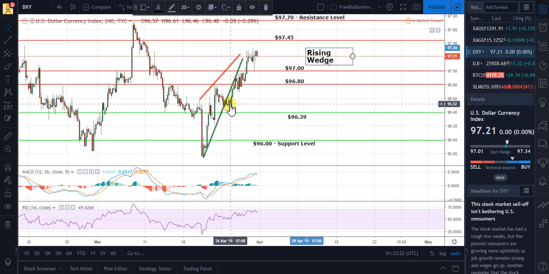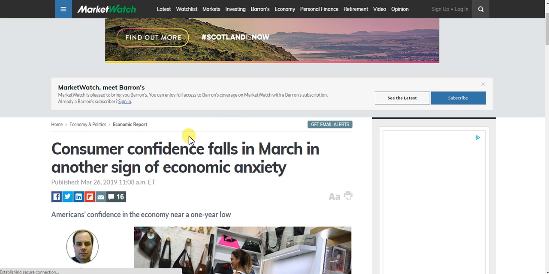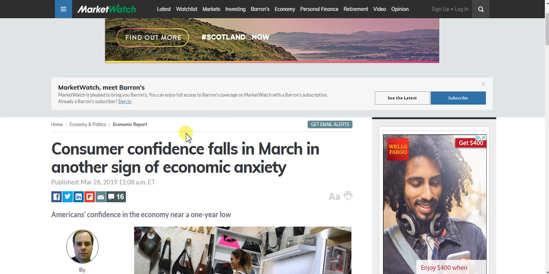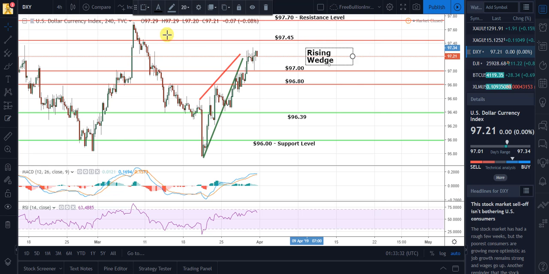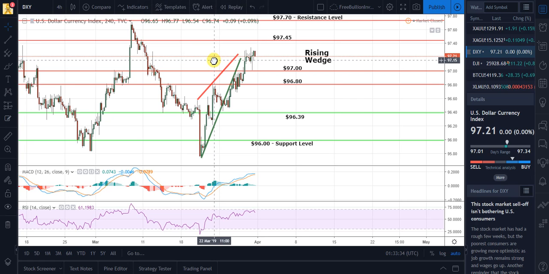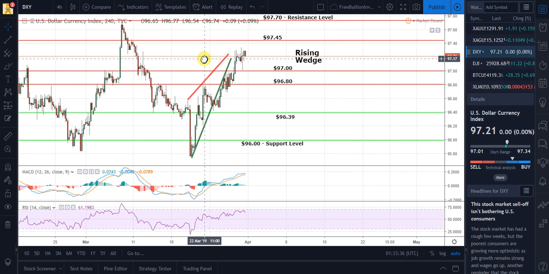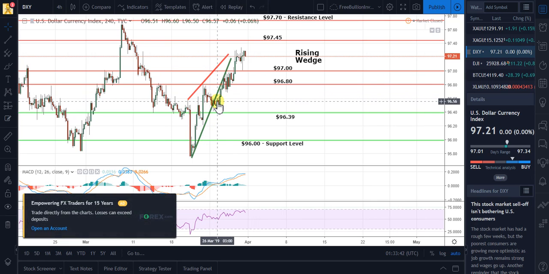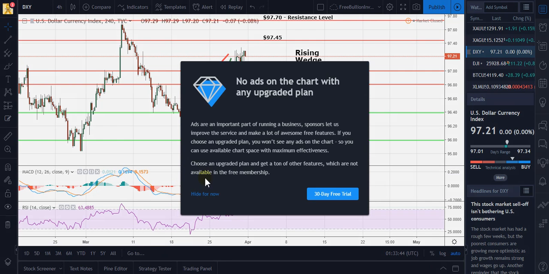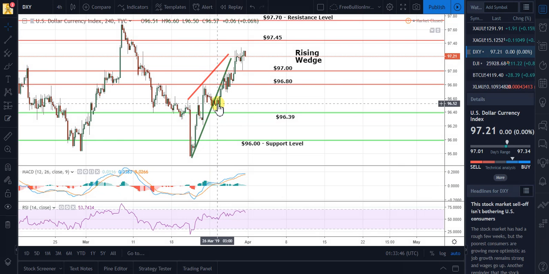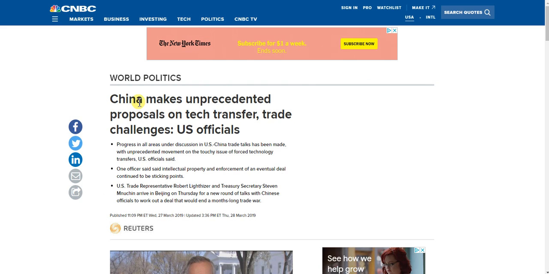The reason behind the dollar's fall early in the week was that the Consumer Confidence Index came out much lower than expected. It came out by nearly 9 points lower than economists expected, and that hurt the dollar, and it fell in price. However, on Wednesday there was a report that China